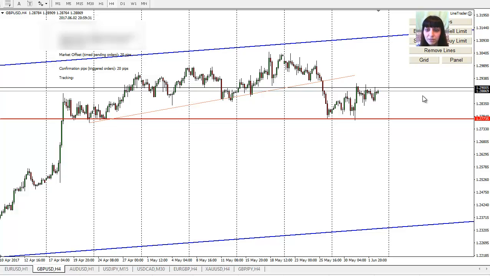Slowing down, maybe creating something nice, a channel again, that I would be able to place my pending orders. So I need something to place the pending orders. Right now, for example, you see there is nothing. It's a 4-hour chart. I don't think I need this level anymore. Even if I draw it, I don't think it will ever be stopped by that level now, because we do have an important level from the bigger channel.